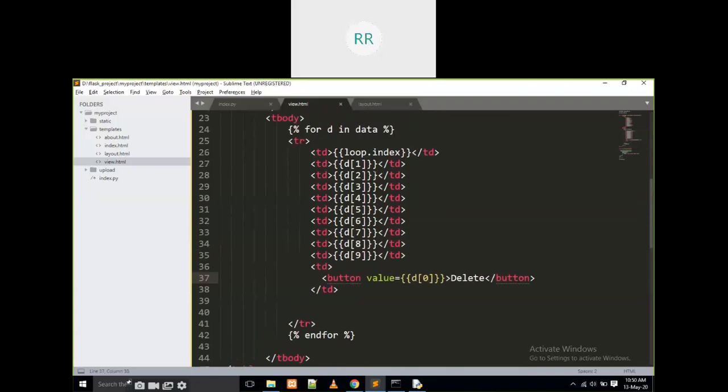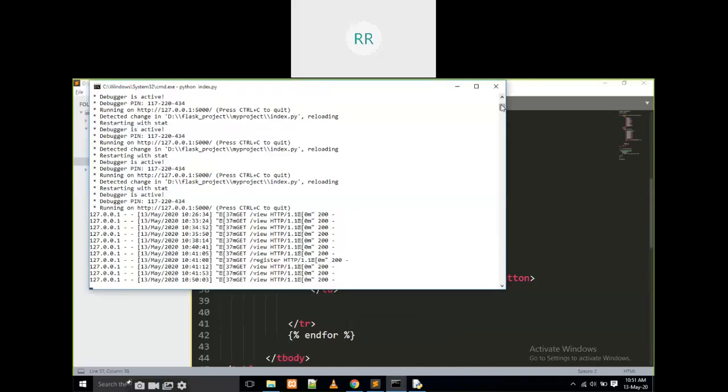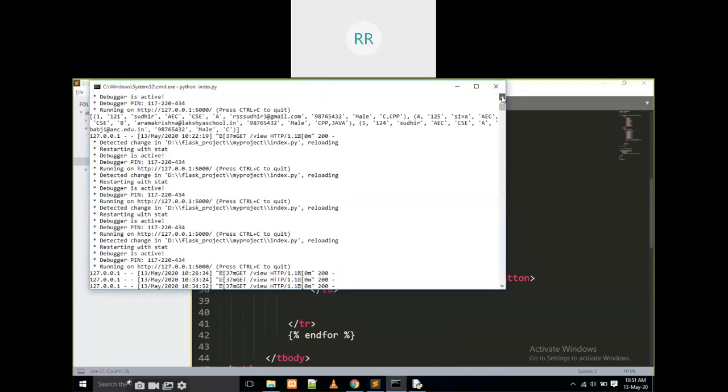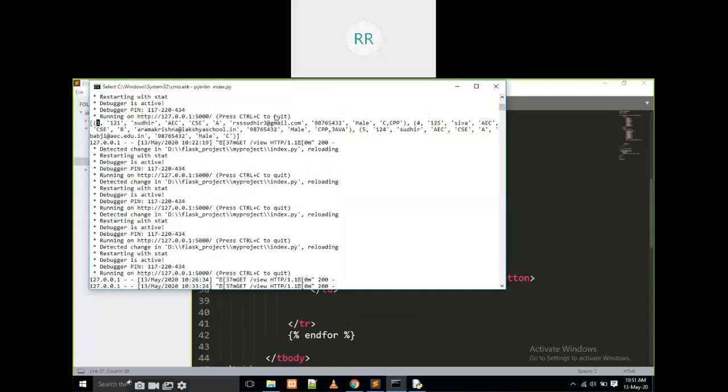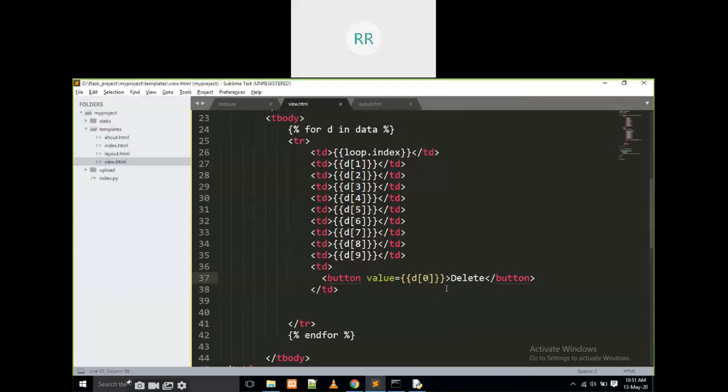D of 0 I never use here. If you observe here, d of 1, 2, 3, 4, 5, 6, 7, 8 like this. But what is d of 0? Yes, d of 0 is the serial number for everything. It's the first column. That's why I am taking d of 0, and name is equal to, we have to write every time the input tag, some delete.